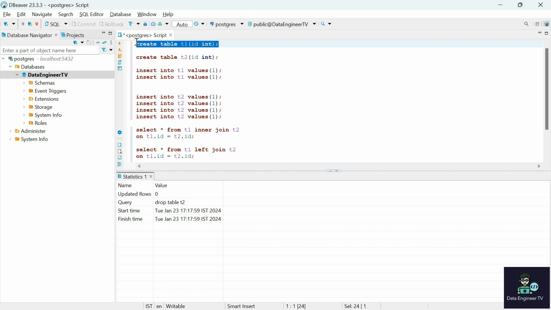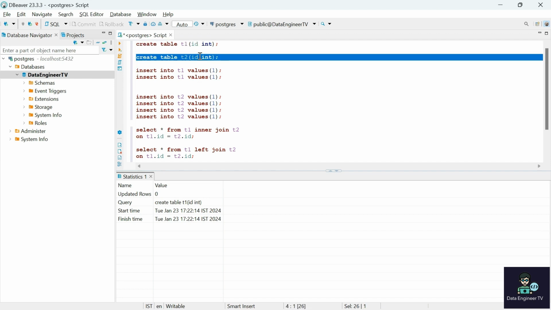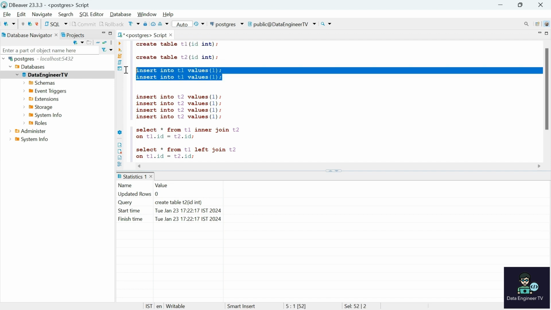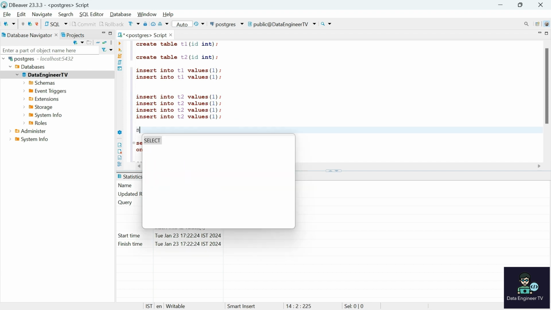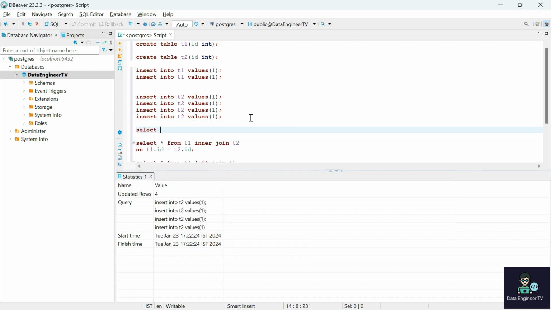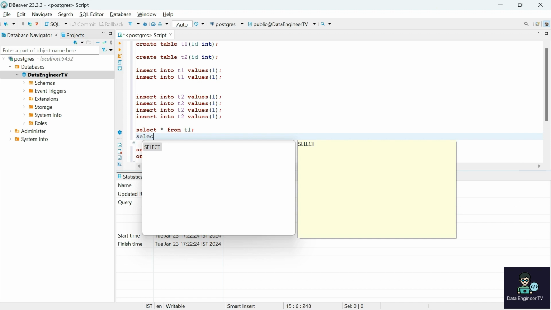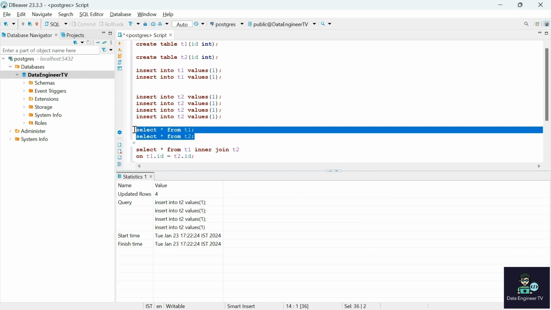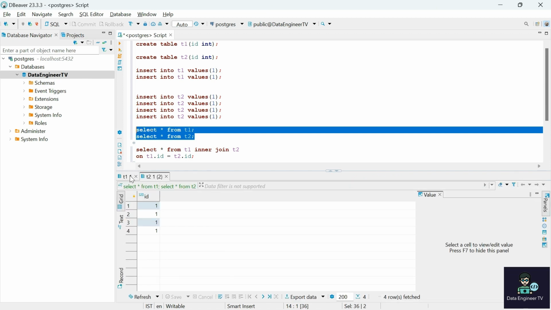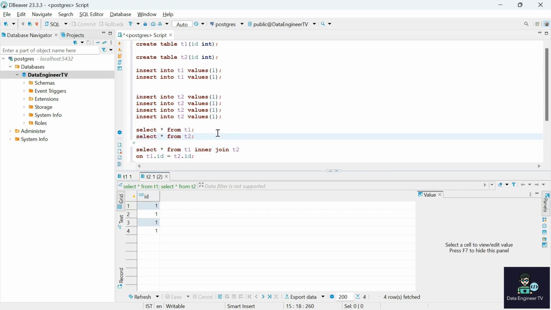So let's create a table T1 first of all, then a table T2. I'm inserting two records in table T1 and four records in table T2. Let's see how our tables are looking. Okay, so we have two records in table T1 and four records in table T2. Okay, fine. So now